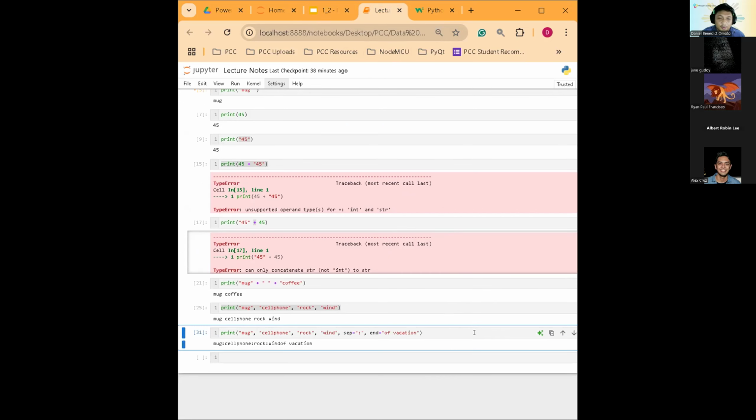So if I were to run this code, right, we're gonna see mug, cell phone, rock, wind, end of vacation. Ah, okay, so it's only up to here supposed to be. The end of vacation here is for the